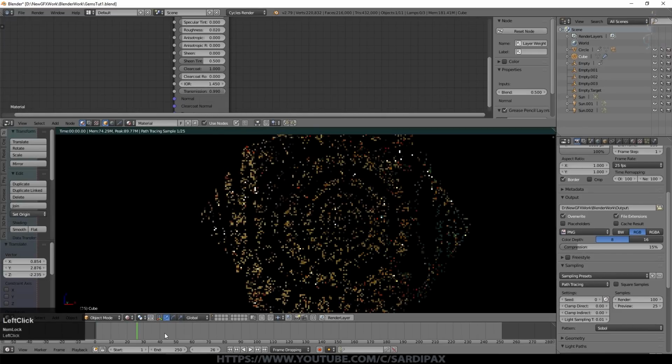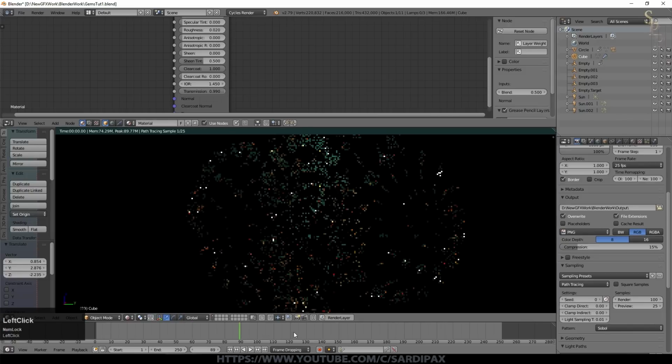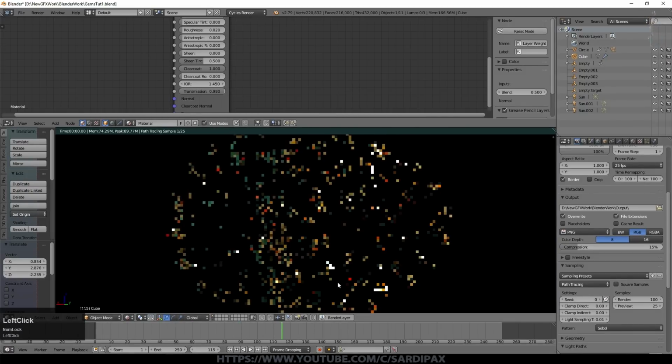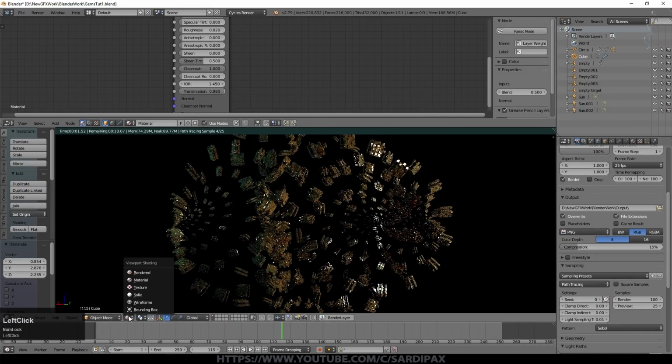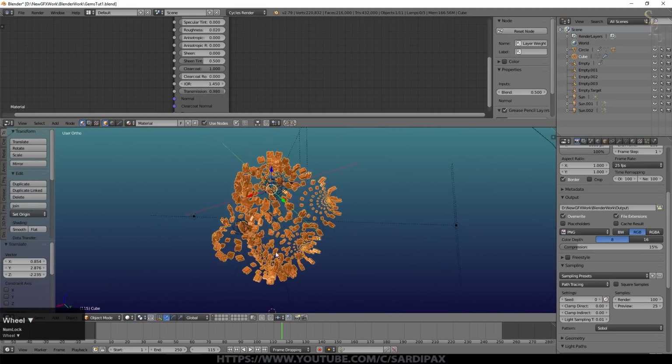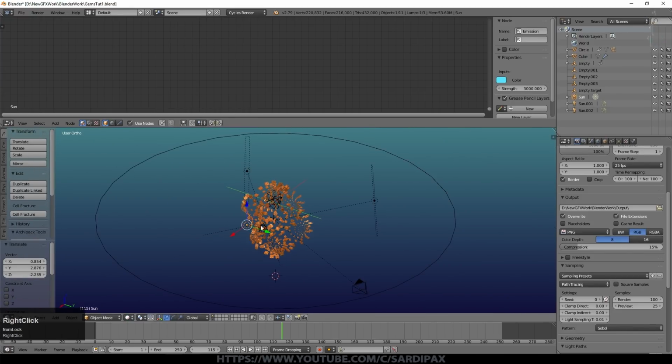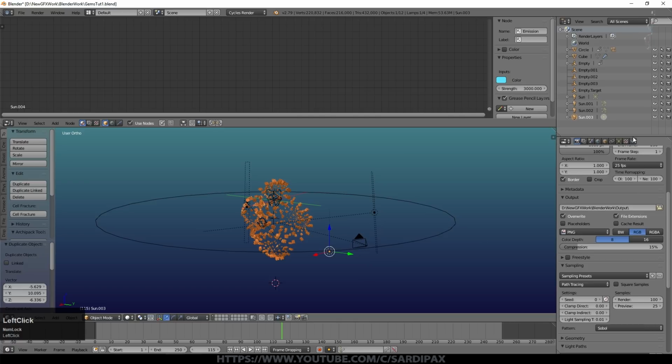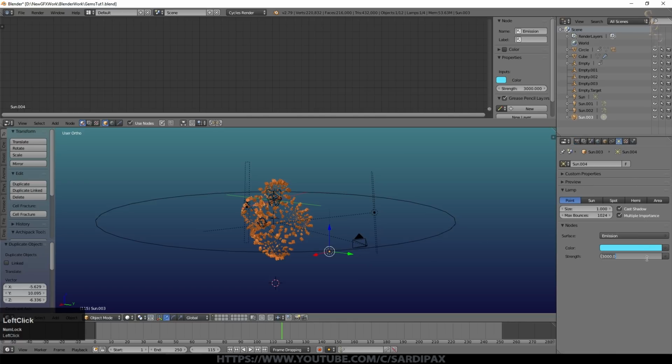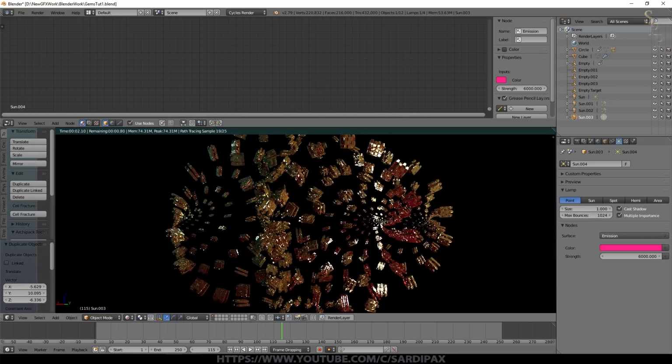So if we just have a quick look round, see what different effects we're getting. And obviously by adding different coloured lights, you'll get different effects as well. So it's quite dark from this angle. So if I took this lamp, perhaps put it down here, perhaps make it even brighter, and make this one a purple lamp. Now you can see we've got some more colours. So a lot of the effect is created through the lighting of the object.